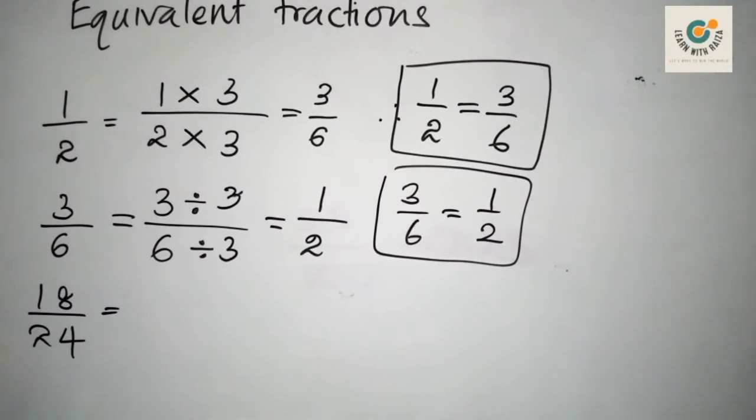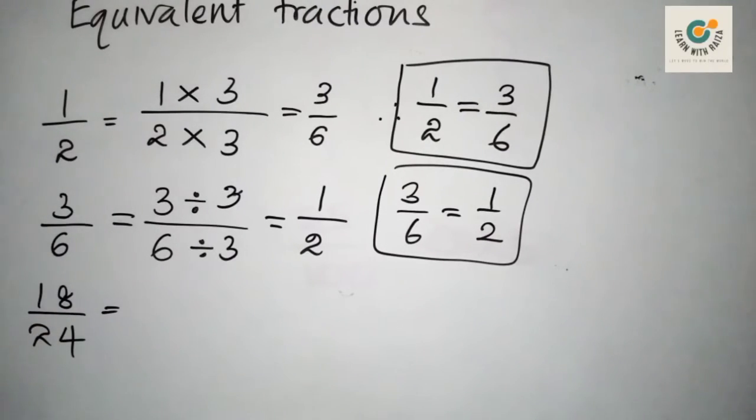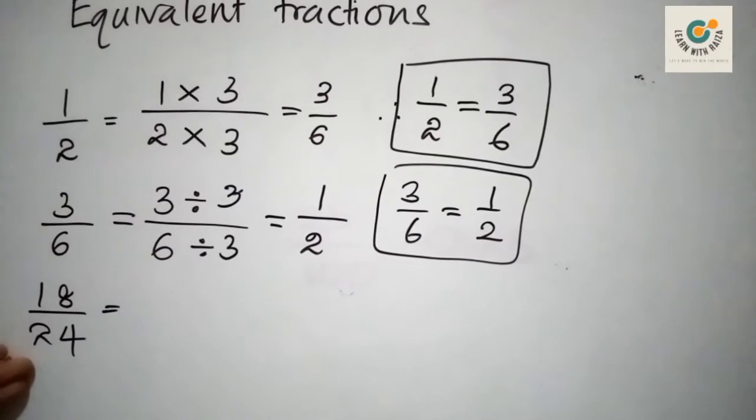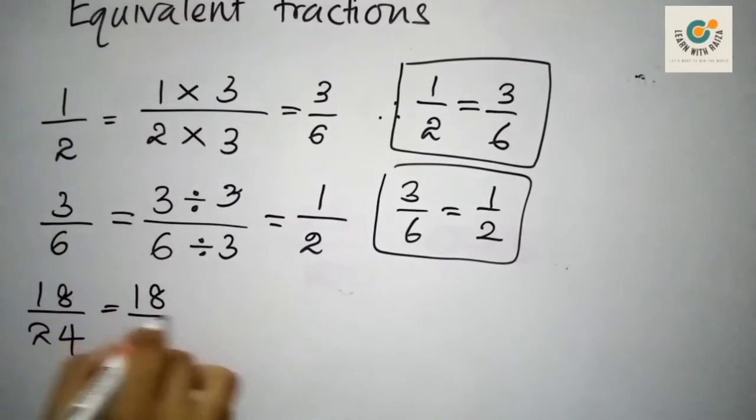In grade 4 and 5, you learned that by observing the unit digit, you can check whether a number is divisible by 2. When the unit digit is 0, 2, 4, 6 or 8, that particular number will be divisible by 2. So I can divide this by 2, or else I can divide this by 3 times table. I even can divide this by 6 times table because both the numerator and the denominator are multiples of 2, 3 and 6.